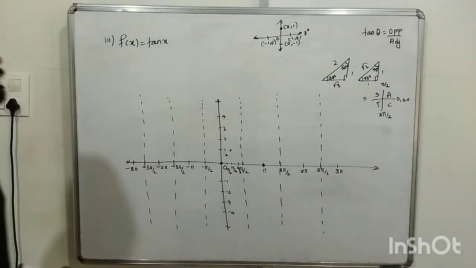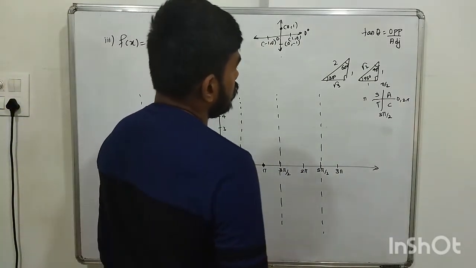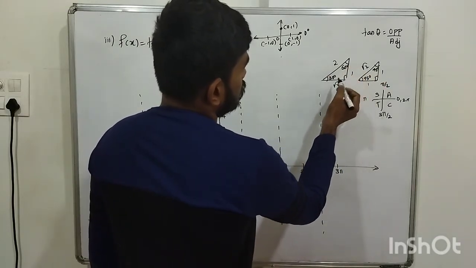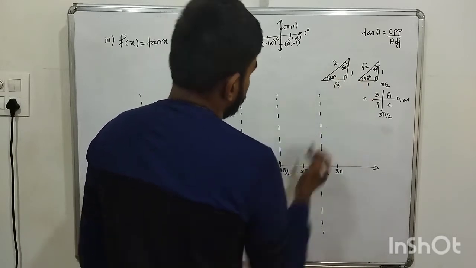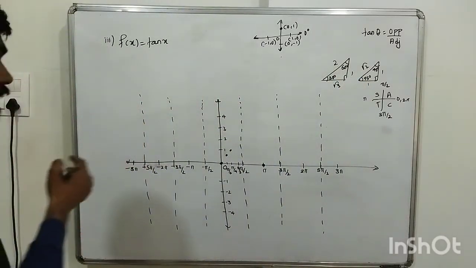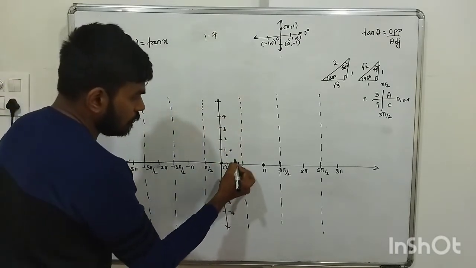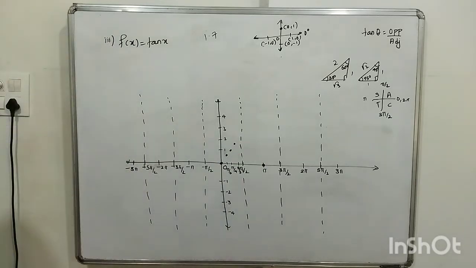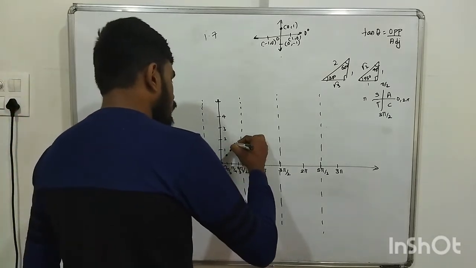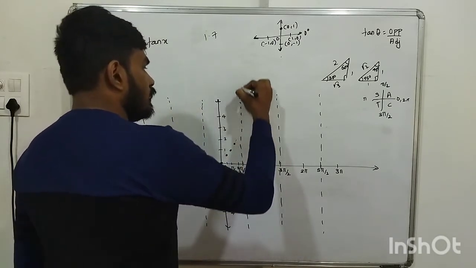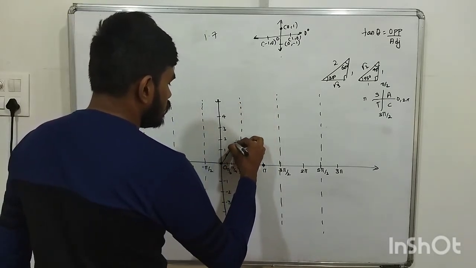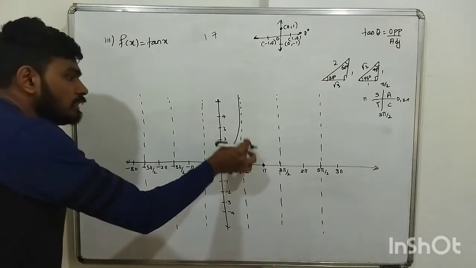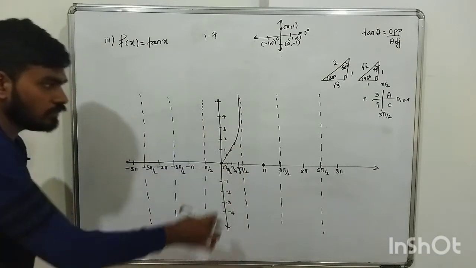Similarly, tan of pi by 3 is what? Tan of pi by 3, tan of 60 degree, so root 3 upon 1, so root 3, and root 3 is nearly 1.7 something, okay, so it will be here somewhere, correct? So like this the curve goes, understood, no? And actually this goes straight like this, okay? So it doesn't touch here anywhere, understood, no? The graph is like this, doesn't touch anywhere here, okay? It meets this axis at infinity, understood, no? So the graph is like this.